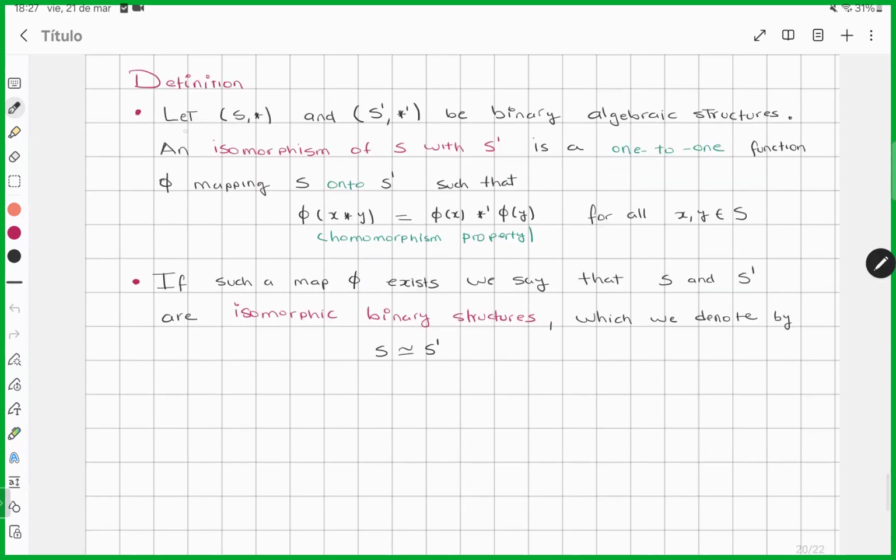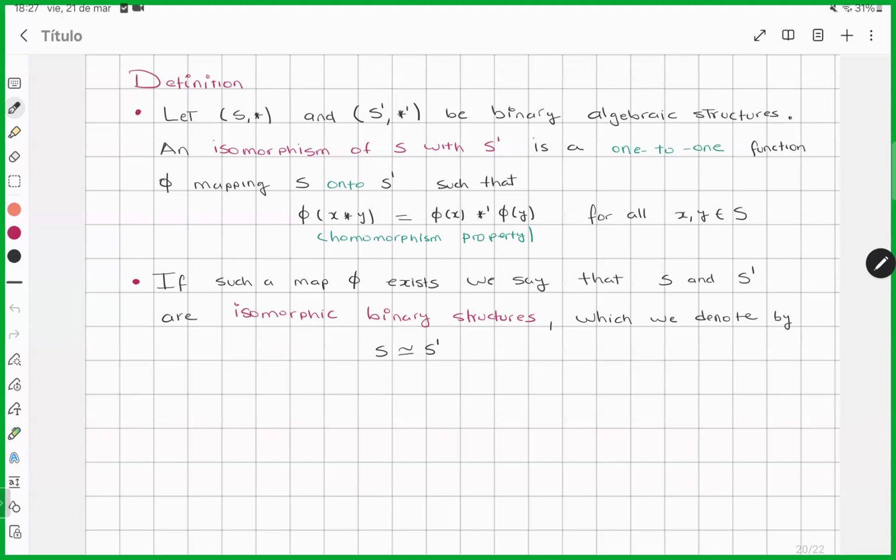Let S asterisk and S tilde asterisk tilde be binary algebraic structures. An isomorphism of S with S tilde is a one-to-one function phi mapping S onto S tilde such that phi of x asterisk y is equal to phi of x asterisk tilde phi of y for all x and y